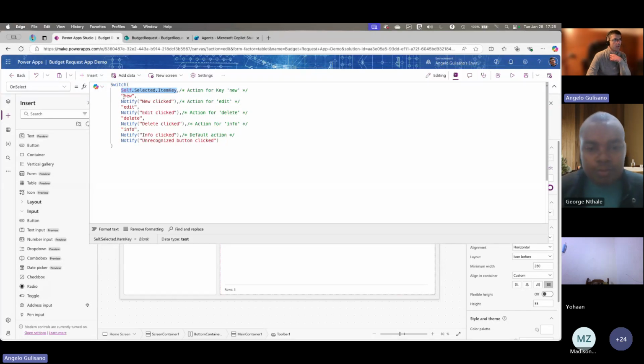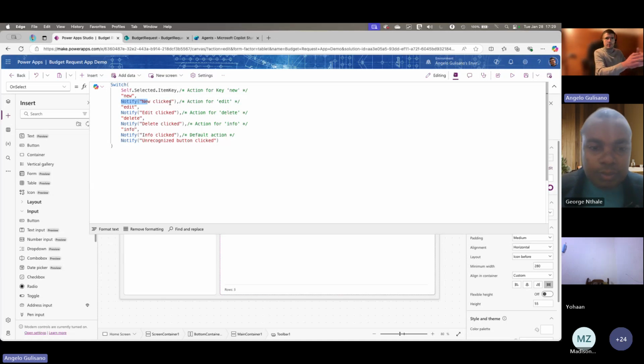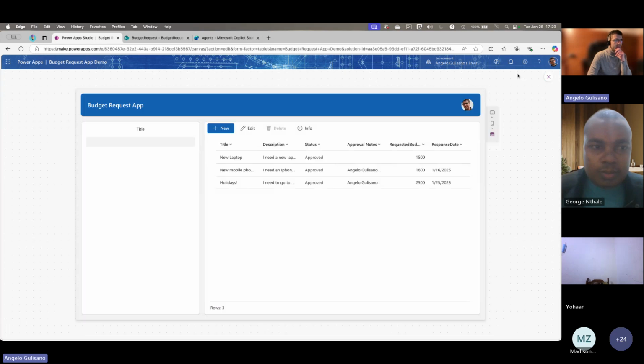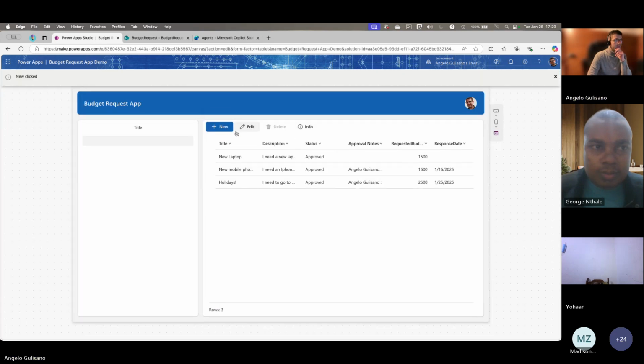So if you press new, this case is just to do a notify, but here we are going to put our code. Let's try. New clicked, edit clicked, info clicked, etc.